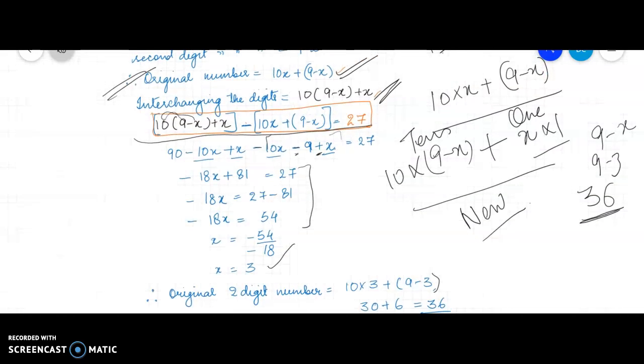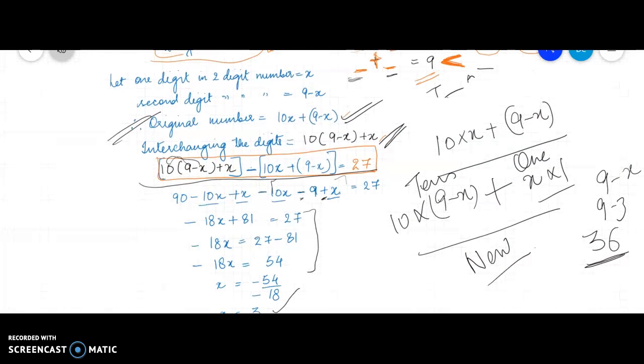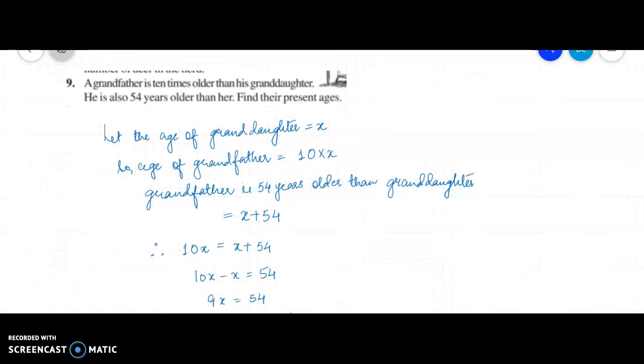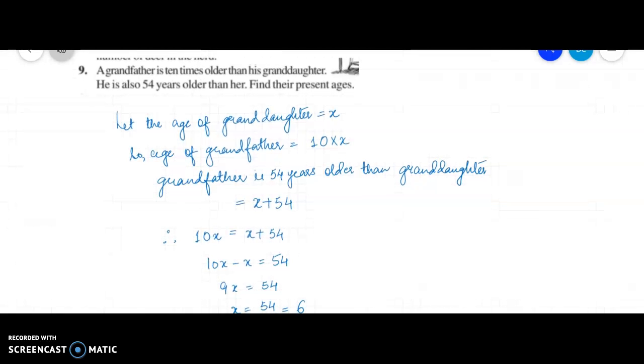This is the question. This much is the question. You may find it tricky, but it's very simple. You can take an example of expanding. It's actually expanding a number. Now question number 9. A grandfather is 10 times older than his granddaughter. He is also 54 years older than her. Find their present ages. We need to find the present ages of